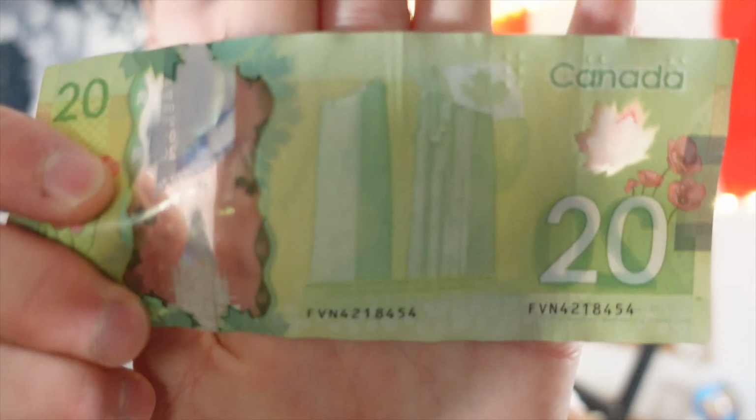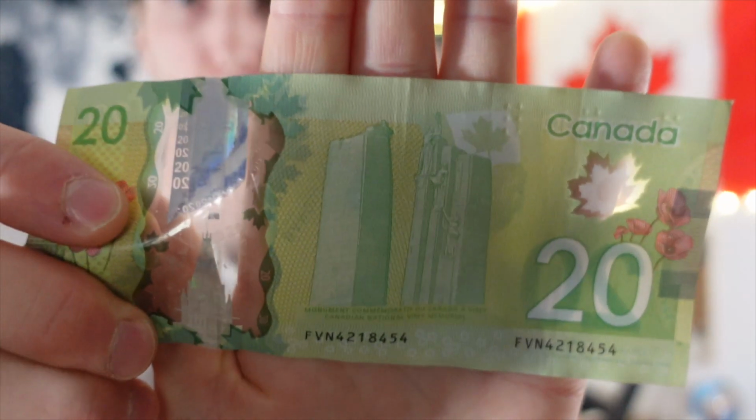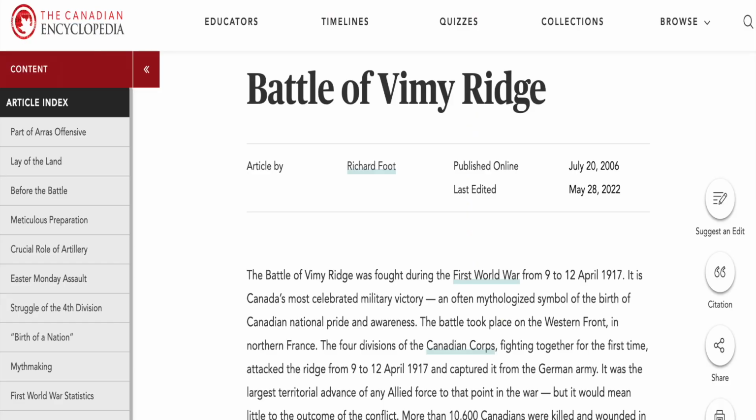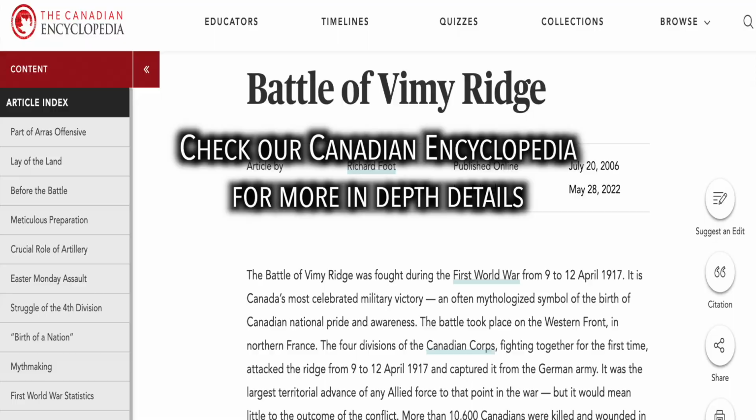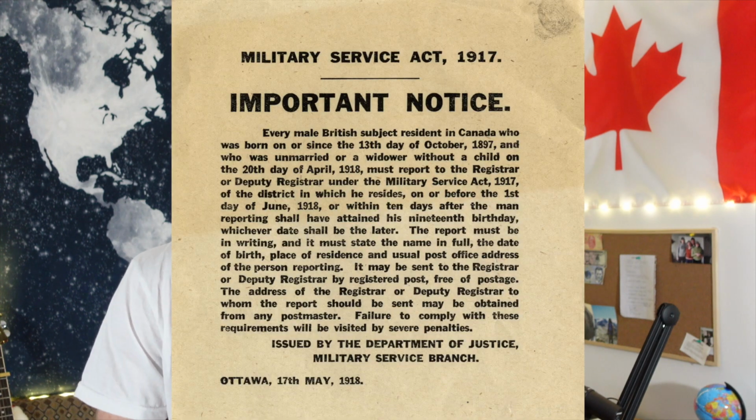Now on the other side, we can see the Vimy Ridge Memorial. The Vimy Ridge Memorial is actually a monument that's in France today, dedicated to Canadian soldiers that served during World War I. Again, this goes back to our history as a colony originally of the British Empire. In 1914, our foreign policy was largely controlled by the British. So that meant that we had to send some Canadians to fight abroad during World War I. Vimy Ridge at the time had been captured by the Germans, and the French wanted to recapture that, and the Canadians were helping in that effort.